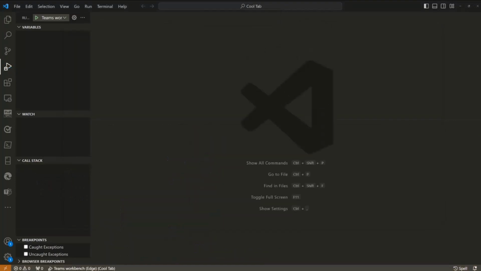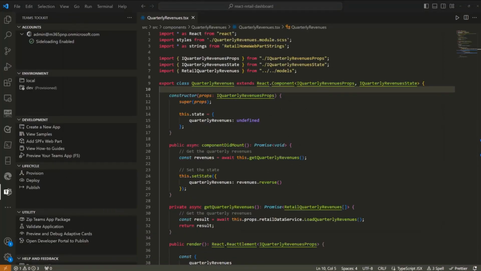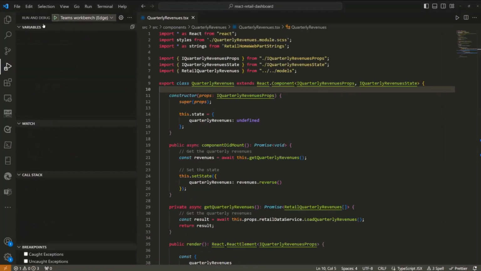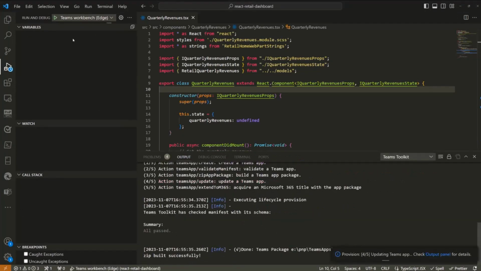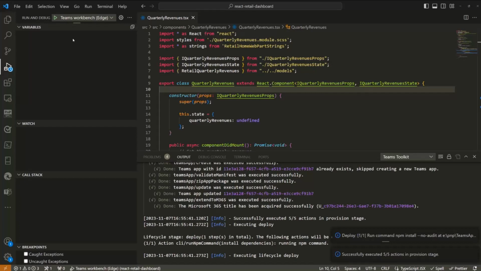Now, that's a really simple web part. I want to actually show a bit of a more complex one because we have plenty of time. So here we have a bit more complex one. I'm going to do run and debug and F5. I just tested this yesterday, that this is working properly. A bit more complicated SharePoint Framework solution, because obviously they can be much more complicated. You can do multiple tabs, all of that stuff.